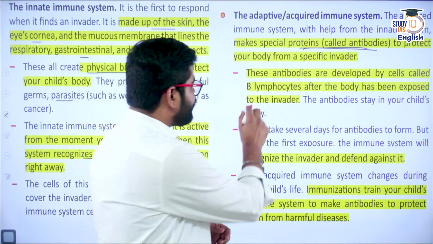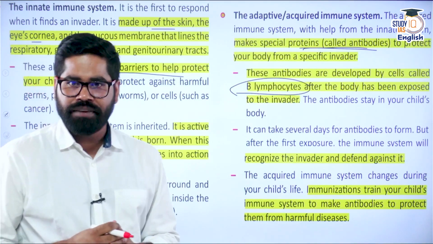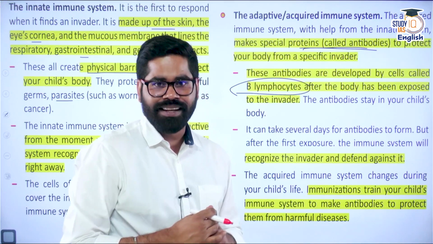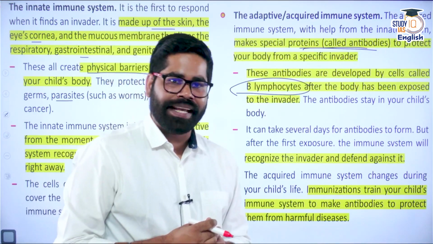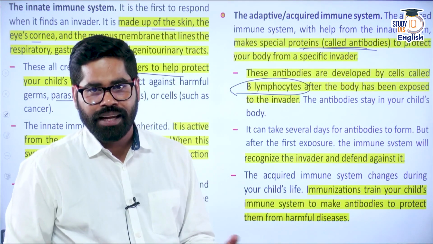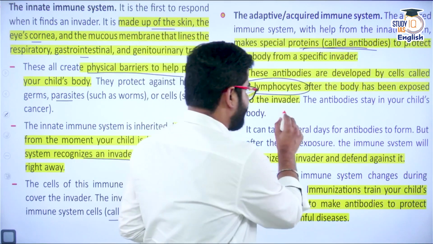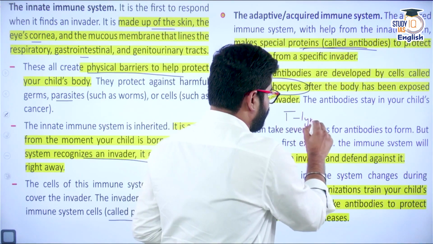So see, they are prepared by one thing called B lymphocytes. B lymphocytes are part of the white blood cells. They are preparing the antibodies. There is another cell, the T lymphocyte. Now the T lymphocyte is triggering the release of